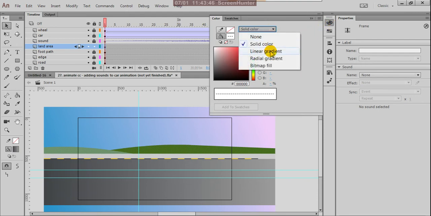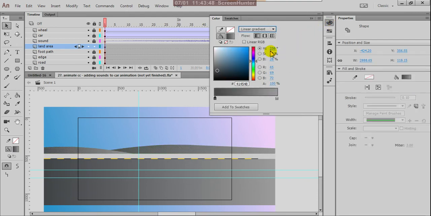Instead of solid color, make it linear. Okay, and you can choose colors. Dark colors.